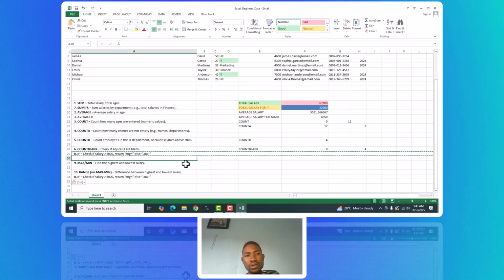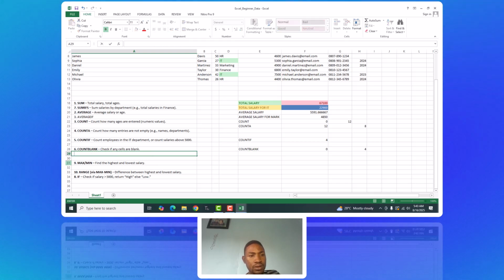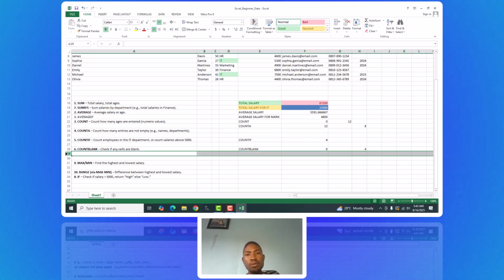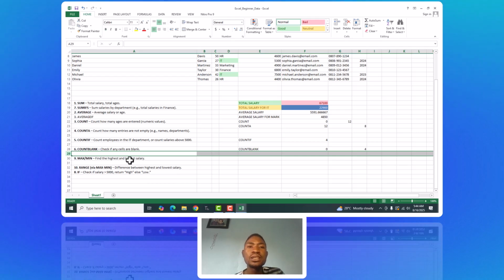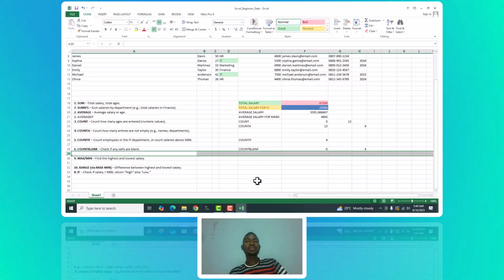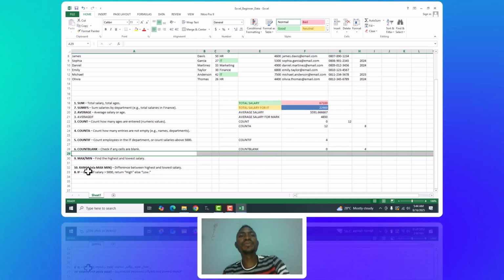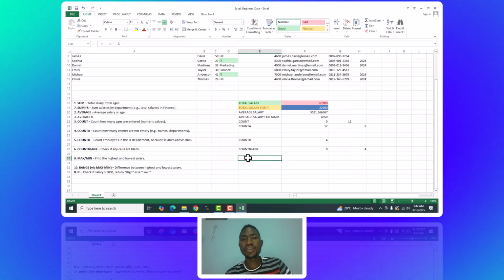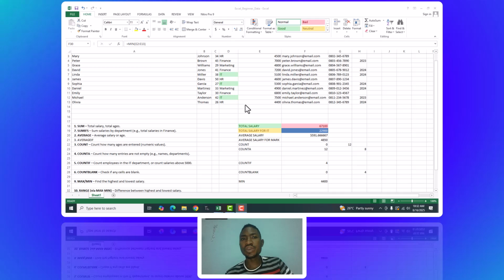So the next one I want to look at, I want to rearrange this so that you better understand. The next one is called maximum or minimum. So we want to look at the minimum. Minimum and maximum mean the lowest and the highest number. So what are the maximum number and the minimum number? As we discussed previously, to get the minimum value,